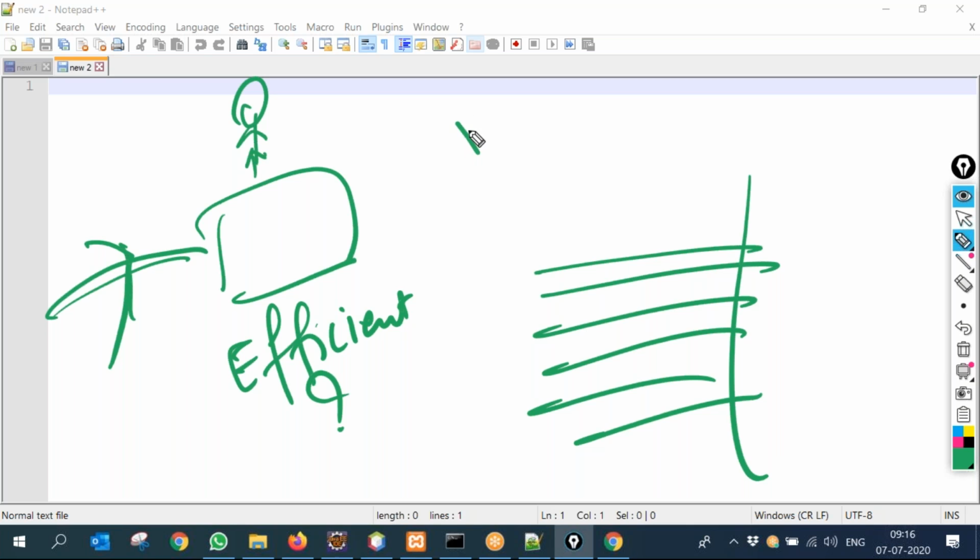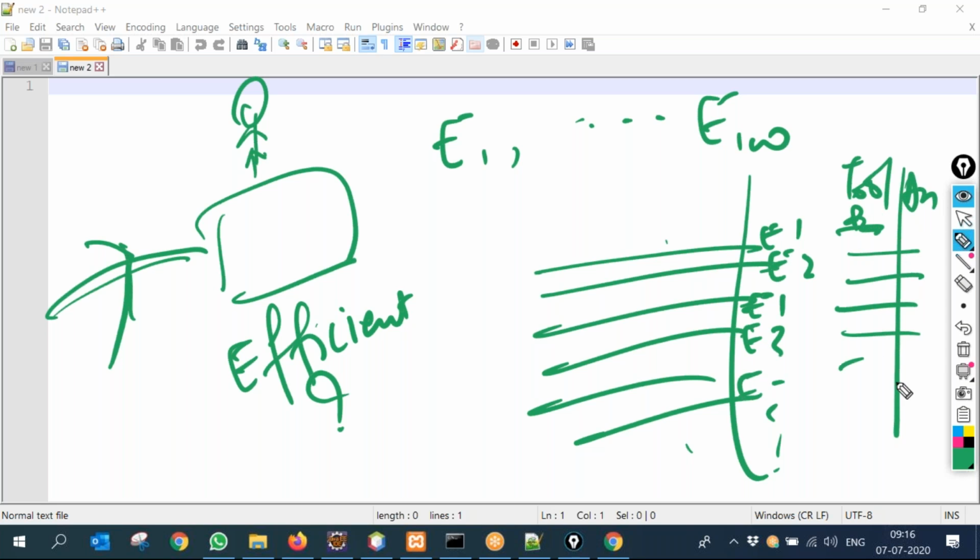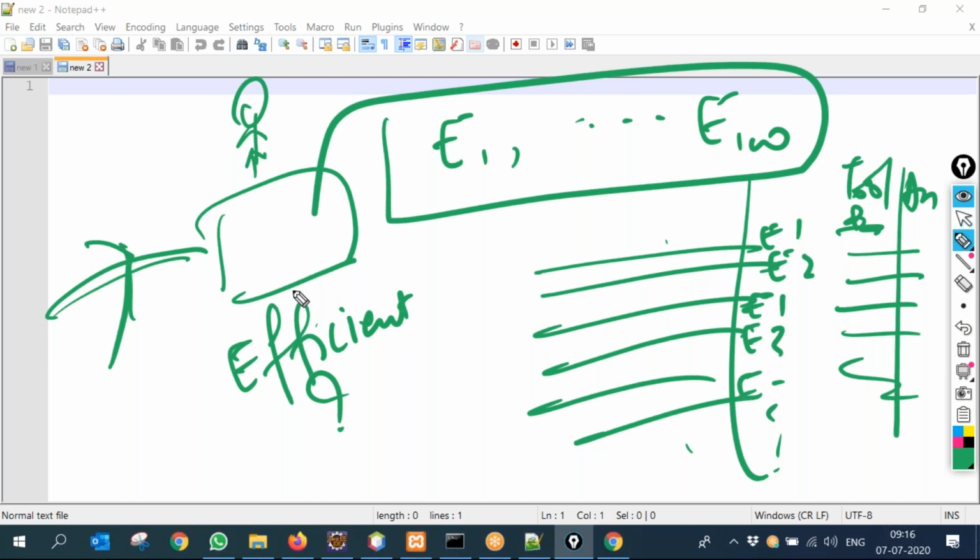Let us assume the pricing experts are E1 to E100. For every batch, I had the tool suggested price and the actual price. And then we had to find out who was the most efficient. Are they working at the same efficiency level or are they different?